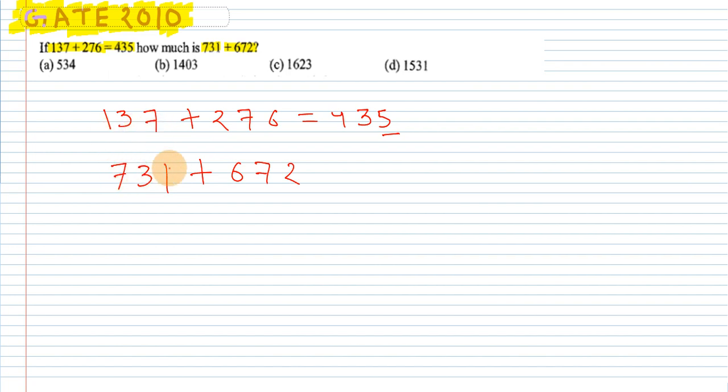137 becomes 739, meaning the number is basically getting reversed. The unit digit is coming to be the hundreds digit, and the hundreds digit is coming to be the unit digit. Basically the number gets reversed. If you check the other number, it is also the same case. So to find the number, the same trend follows here also. So 435 reversed is 534, right? According to this, the correct option will be option A.